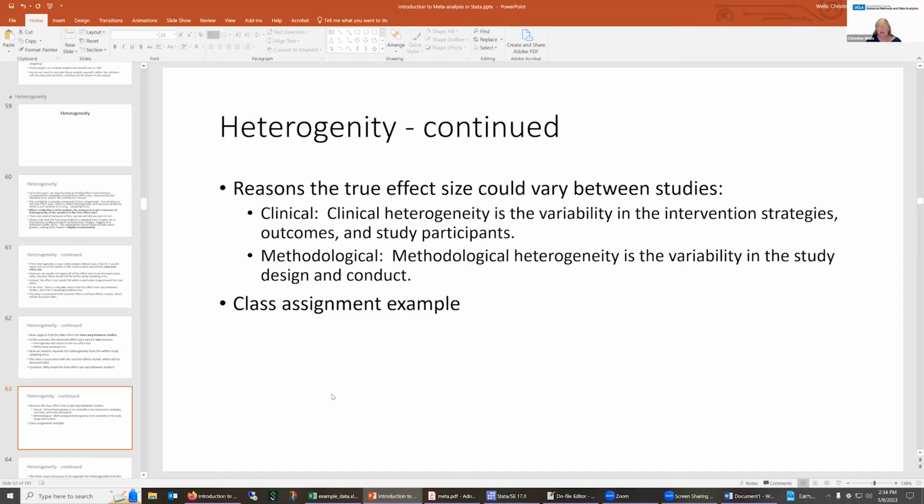All right. Here's some of the reasons. In the Stata documentation, they talk about clinical heterogeneity, and this is the variability in the intervention strategies, the outcomes, the study participants, and then they talk about heterogeneity that comes from methodological issues such as the study design and conduct. So imagine, for example, that you're taking a college class and the professor for the class says,